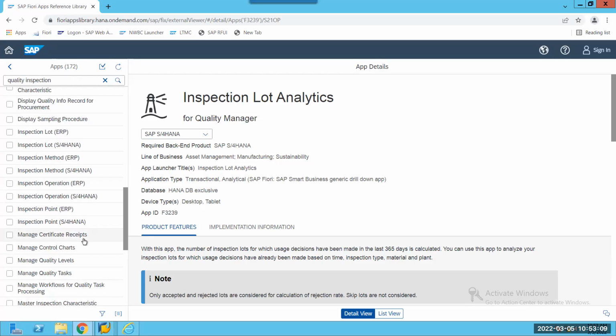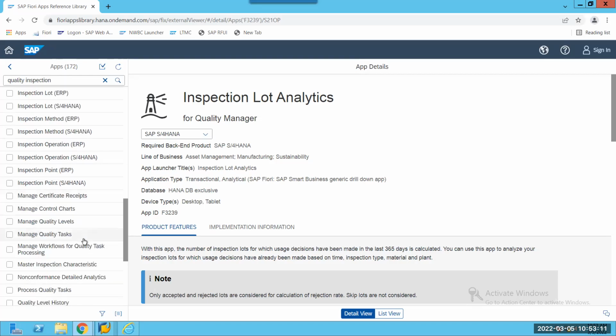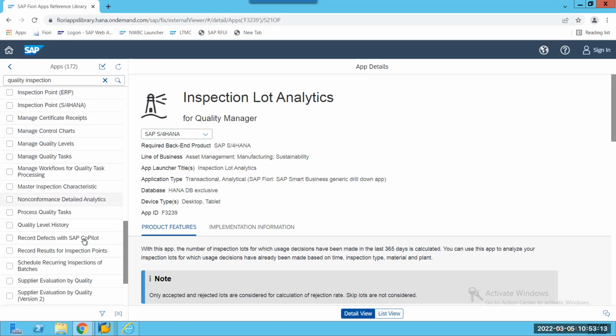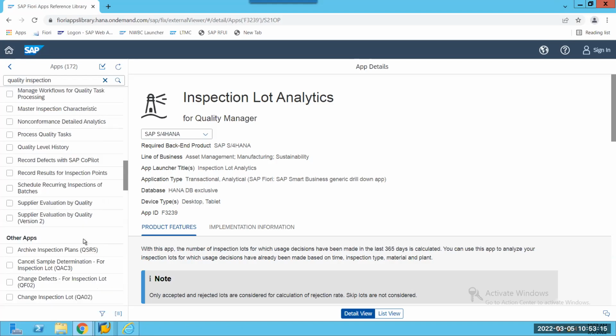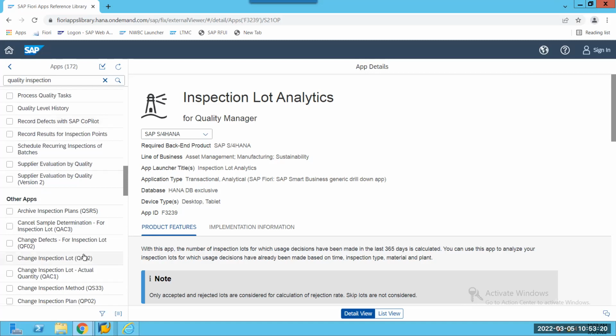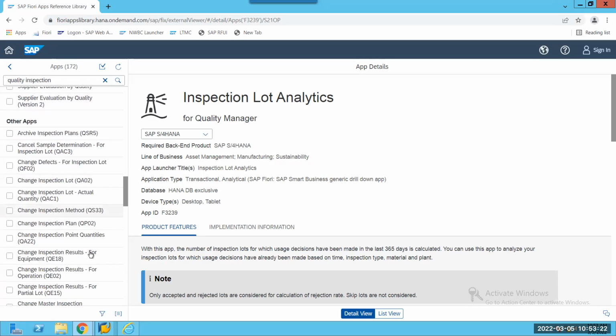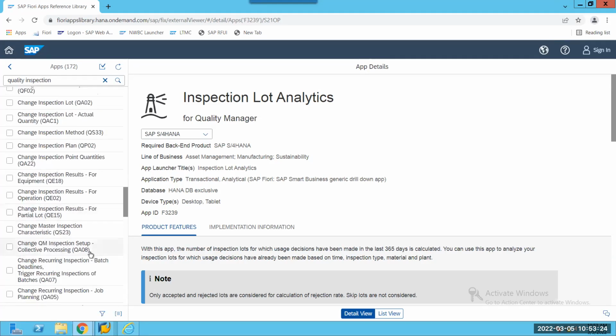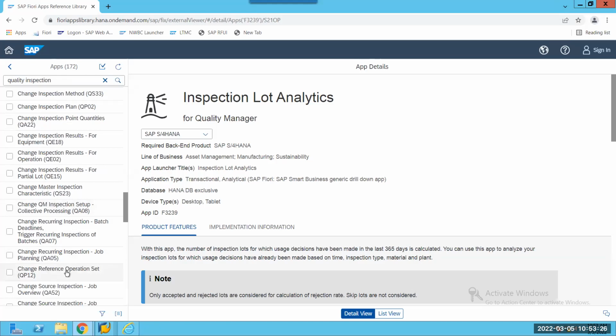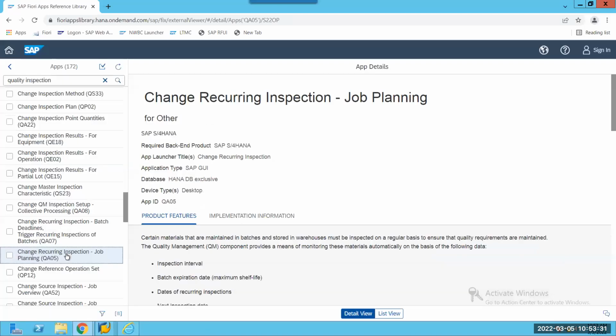Stop me if you find out any relevant app over here. Change inspection log. These are WM. Change recurring inspection. Yes, job, this one.